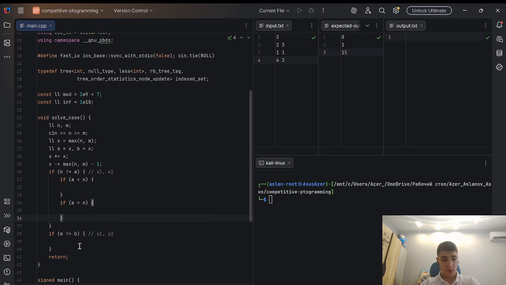So okay, and the same right here, if B is less than N, so if Y2 is less than N,